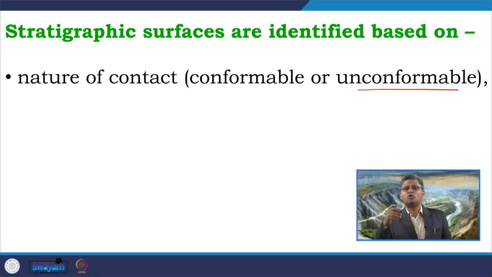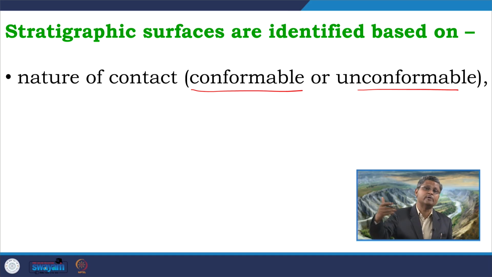Whereas, a correlative conformity surface forms at the same time as an unconformity, in the deeper part of the basin. As the name suggests, the correlative conformity surface should be a conformable surface, because in the deeper marine part, even during the falling stage, even during the forced regression, there is continuous sedimentation going on. There is no break in sedimentation, and no erosion. So, what is the nature of contact? That is very important. That is the first criterion that gives us a clue to identify a particular surface in a sequence stratigraphic model.